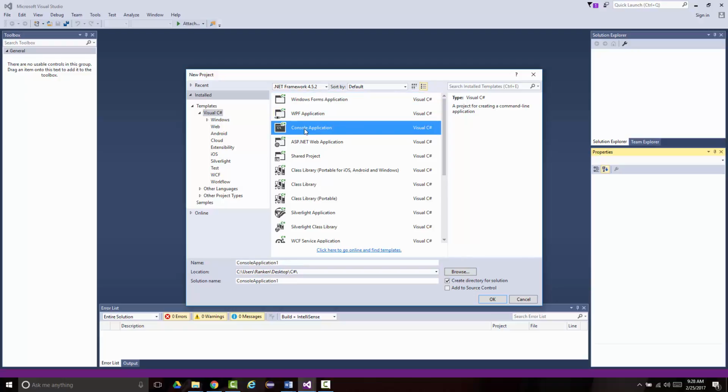All right? In which case, you don't want a GUI. You just want a console app that will look like it runs from a DOS command line. The other things that are in here, for now at least, are not really important. We want to choose